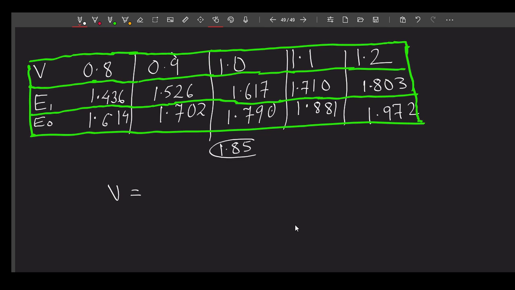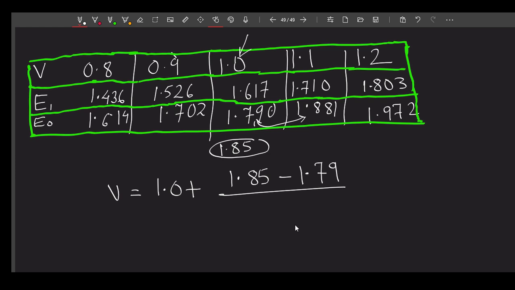So if you consider this value falls between these two. So for this we can take this V plus what we should take, that is 1.85 minus 1.79 divided by, this will actually give us the slope, into this will yield